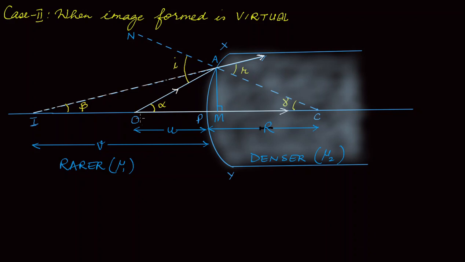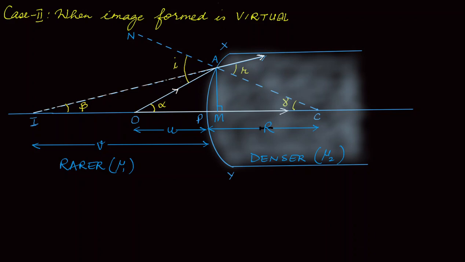O here is the object. It is a point object. Now when this point object is placed relatively close to the refracting surface, so that the distance u is lesser than the radius of curvature, then in that case what will happen? This ray of light, this incident ray OA, will go like this. Of course, it will bend towards the normal. You see, instead of going straight,